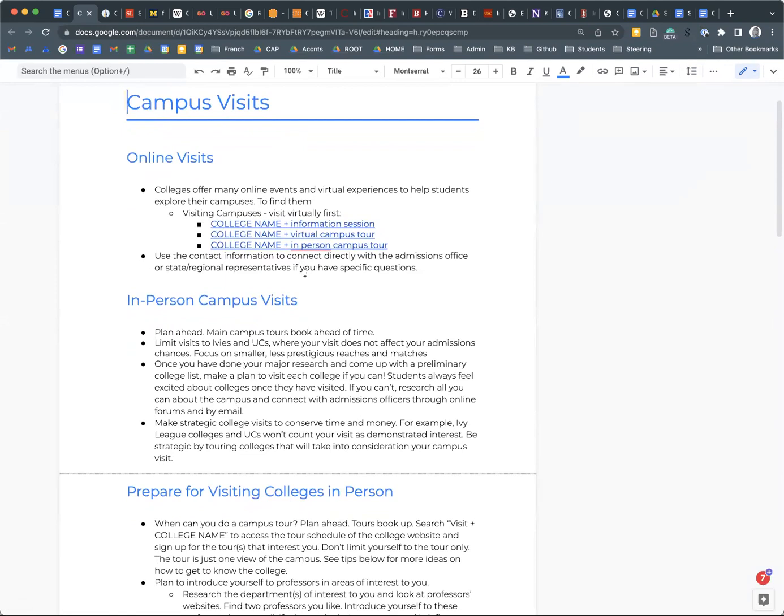We need to book a hotel. We need to book a flight, all of that. But those are also really good reasons to do your research ahead of time. There's going to be at least usually 2 of you, if not 3 of you, going out to do these visits. So it's a lot to organize and a lot to pay for. So making sure that you like the school before you go is really important.